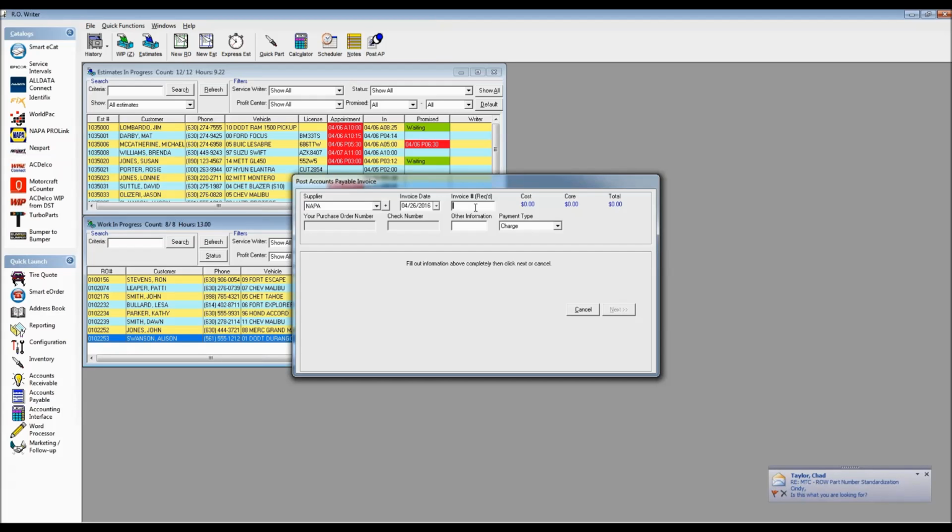On that paperwork from the vendor, I ought to have an invoice number, so we'll enter that here. This is the vendor's invoice number. If I wanted to call them up and have them research it, this would be the invoice number I would provide. Down and to the right, charge is my pre-selected payment type, so all I'll do is hit Next in